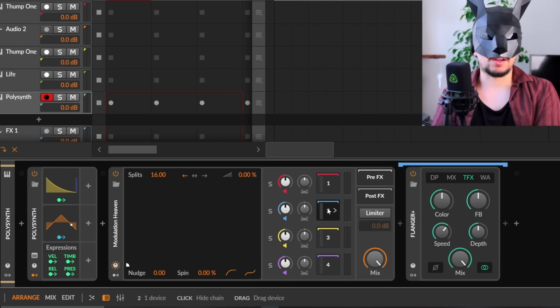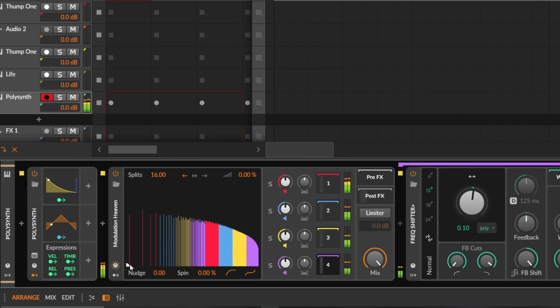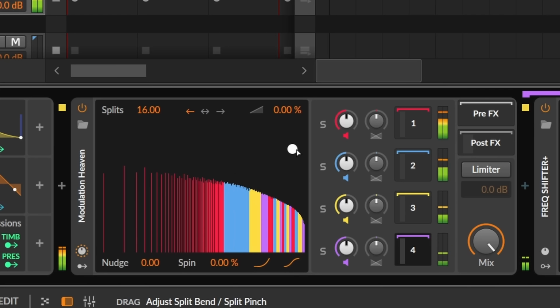For instance, I have this modulation preset I made, which in each group, I have a different effect. A chorus, a phaser, a flanger, and a frequency shifter. The result is this madness. The thing that makes it special for me is the movement you can achieve with this XY type of control